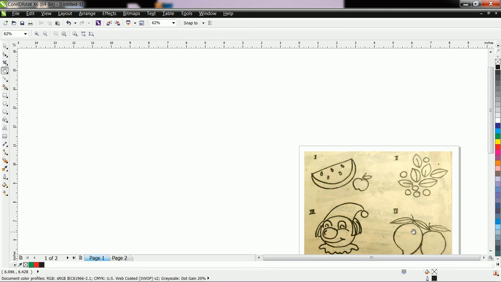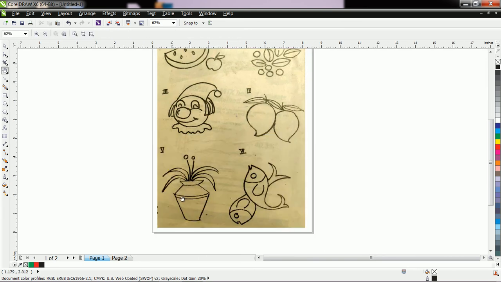But for creating this shape, here also the rule is your whole shape should be closed. Then only you can easily fill the color. You can also draw this fish and rotate it. Okay, just copy paste the fish and then slightly edit the shape of fish. Like this, you can also draw the mango, and here you can use the mirror of that mango.